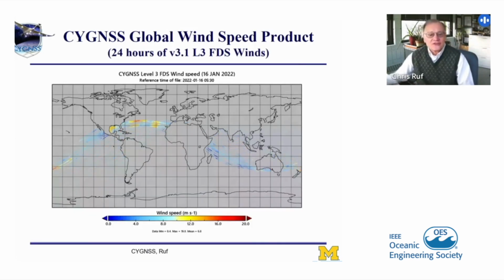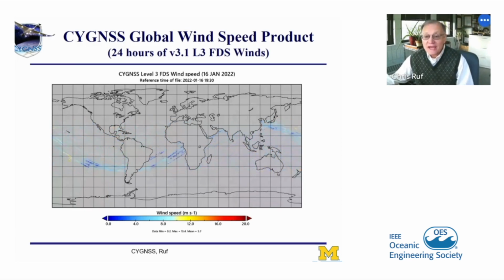Okay, this is an example of the data product, the wind data product. This is from just a few days ago. This is the most recent data that's on the public data server. So these are winds measured on January 16th by all 8 of the satellites composited together, and you can see how the orbits are moving, as the satellite orbits and the Earth rotates under the orbit plane,